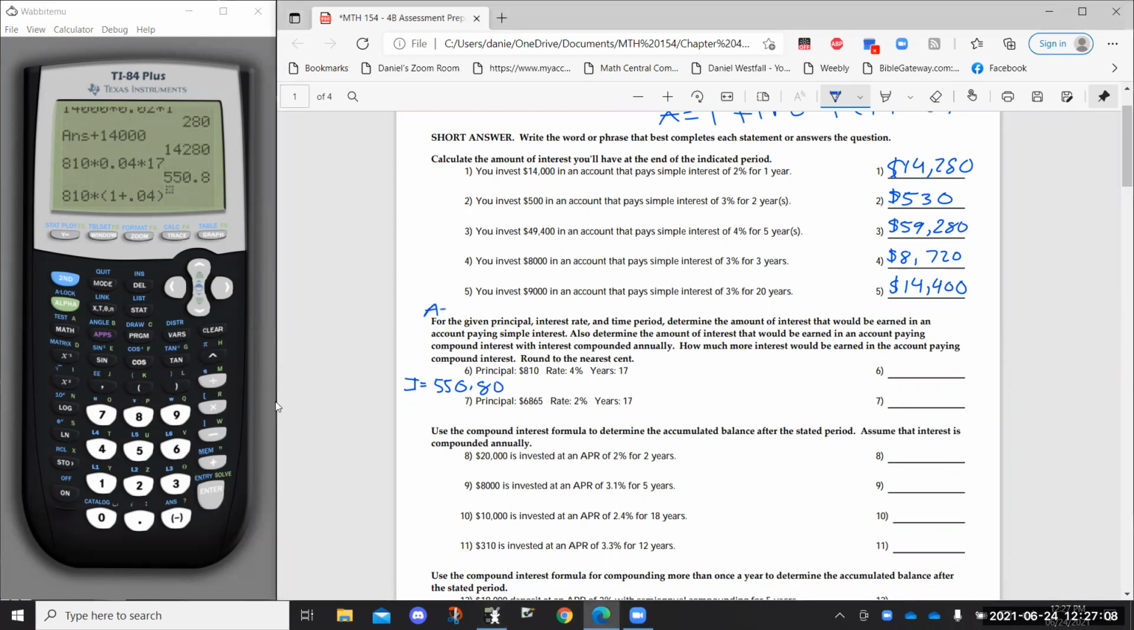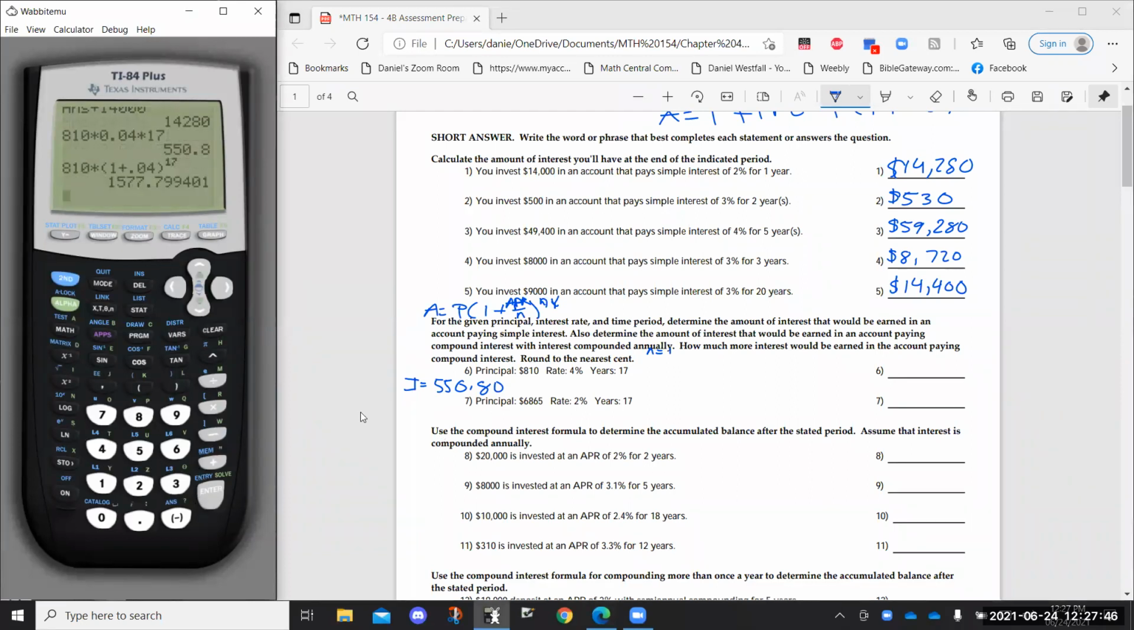This compound interest formula, P times (1 plus R over N) to the NT. They use APR for R, and they call the time capital Y for years. So I'm going to take this APR. N here is 1. They're saying it compounds annually, so N equals 1. So to the 17th power,